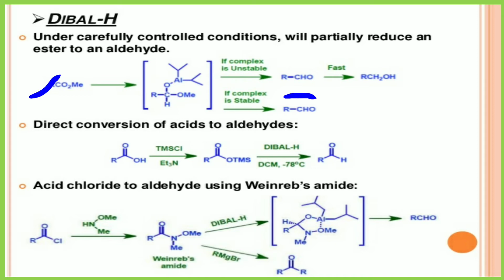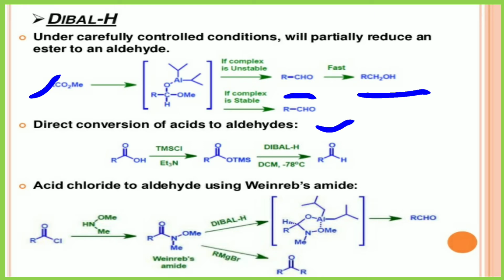If this is an unstable compound, then this aldehyde gets converted to the alcohol very fast. But whenever this complex is stable, then we get only the aldehyde, not